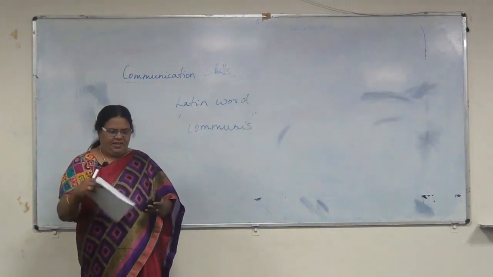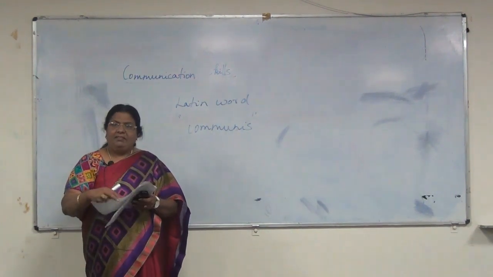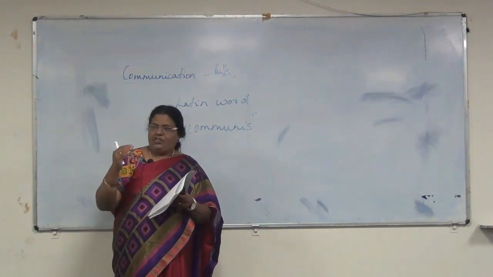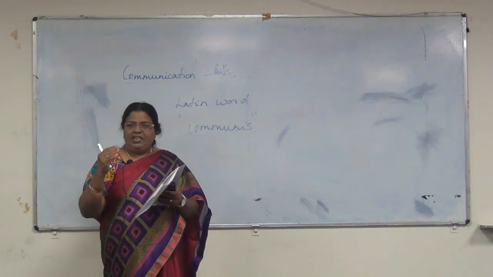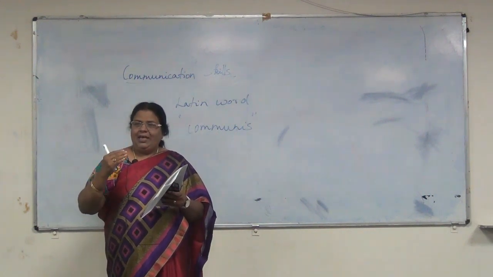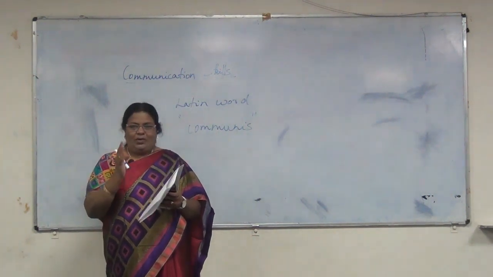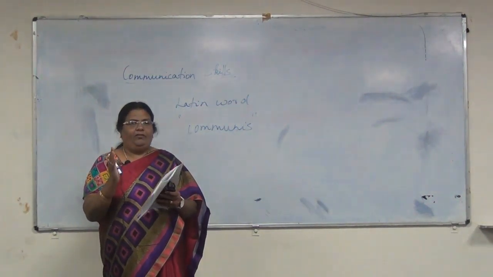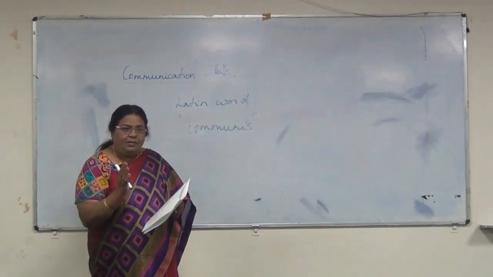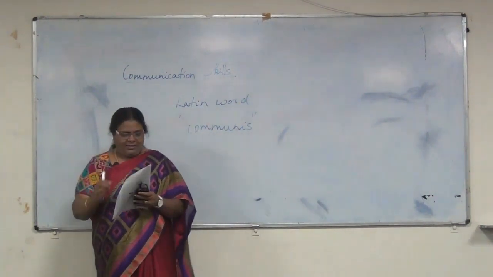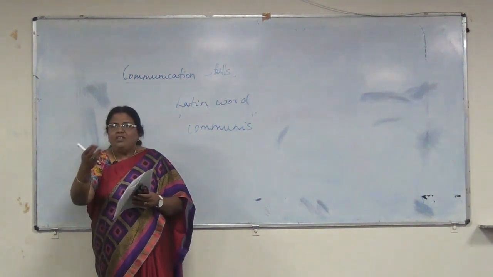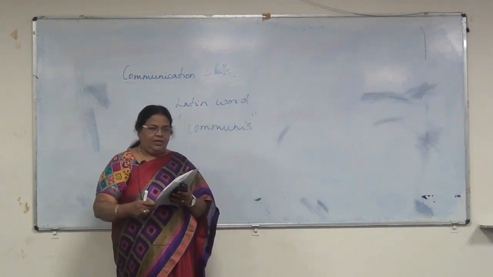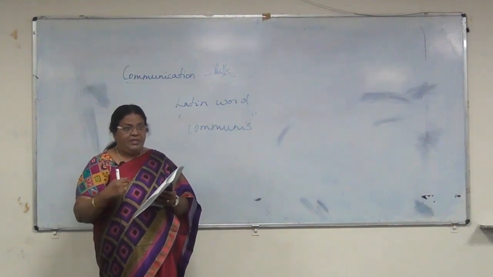Now we know that communication has 6 different elements involved. So now let us look at the 6 elements or the components of communication. For example, the first one being the context. Now, why do you want to send this message? Why do you want to share this information? And then you are going to be the sender.